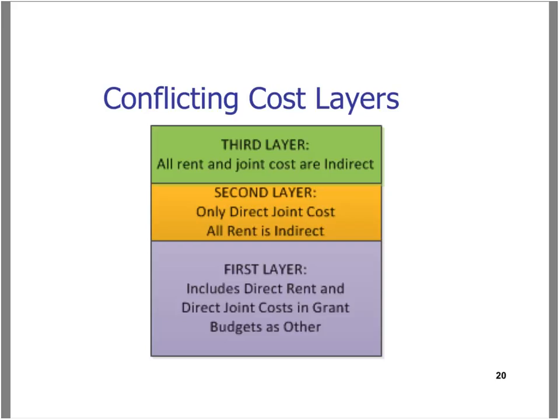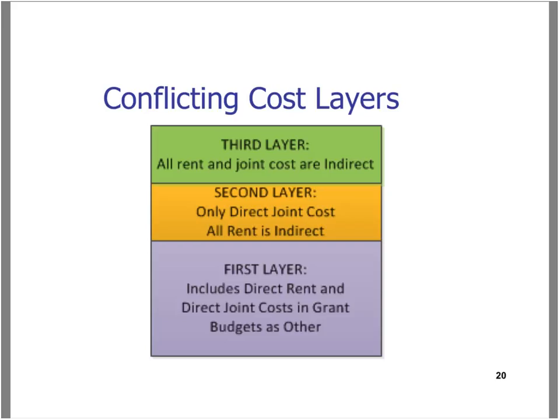Now, if I'm going to develop an indirect rate, what happens to the direct rent that's not approved under the awards? Well, it winds up in your G&A pool. So your G&A pool is going to have two kinds of purposed rent. It's going to have the direct purpose rent that was not recovered directly, and some rent that's for indirect purposes that supports the G&A staff. And then I'm going to have some rent that was allowed direct. So you can see I've got kind of a matrix. I've got three different scenarios of rent, and that's what these three different colors really represent, as I'm going to show you